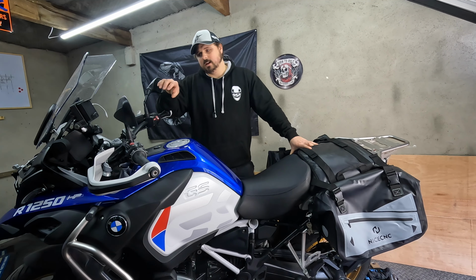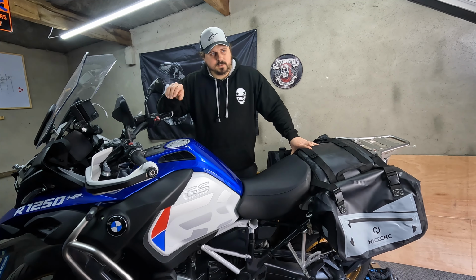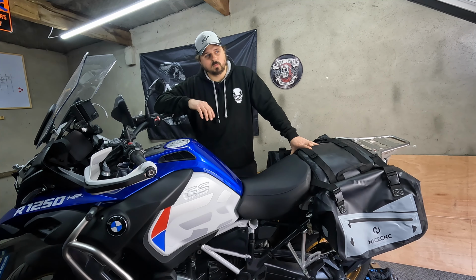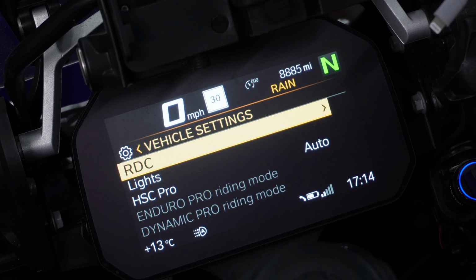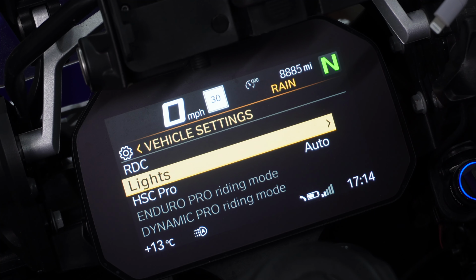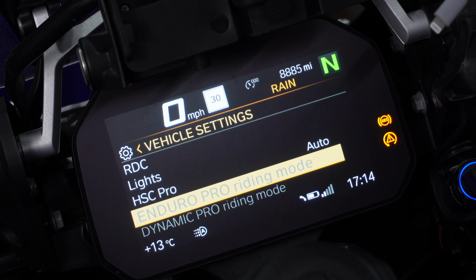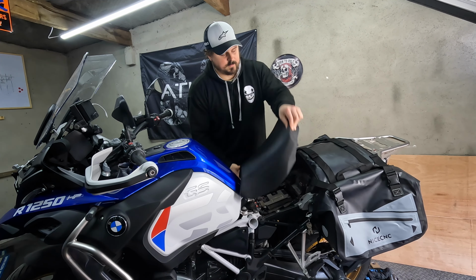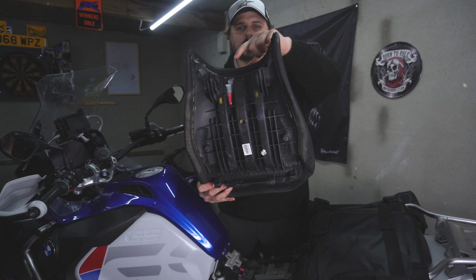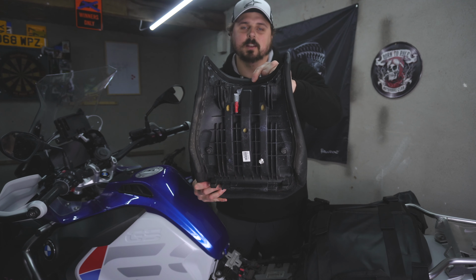What those extra settings mean is you can go into the bike settings and then you can adjust the parameters inside DYNAMIC Pro and Enduro Pro. So we've confirmed by looking at our TFT that we don't have the Pros unlocked. What you're going to do, first of all, is release the seat, flip it over and then look underneath. And what you should see is a little connector tab that is actually located underneath the